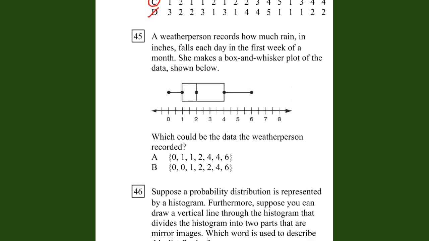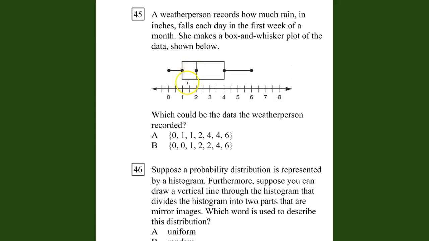Go down to 45 here. Another box and whisker. Looks like there's only A, B choice, so we just need to look carefully here. Looks like the mins are both 0. The medians in the middle are both 2, and the maxes are both 6. So we are really looking at Q1, making sure it's equal to 1, and Q3, and making sure that's equal